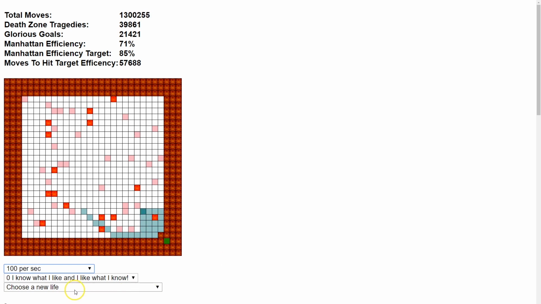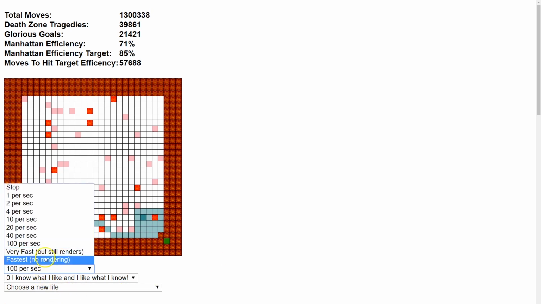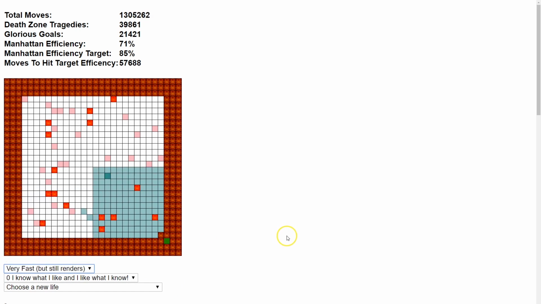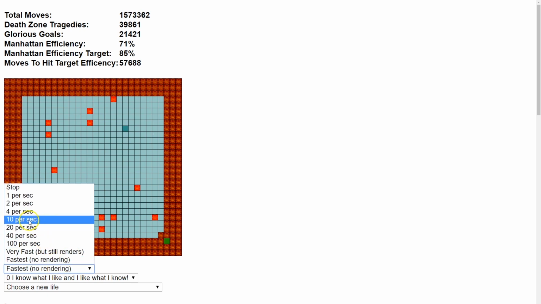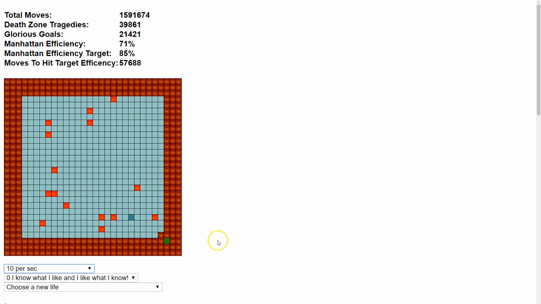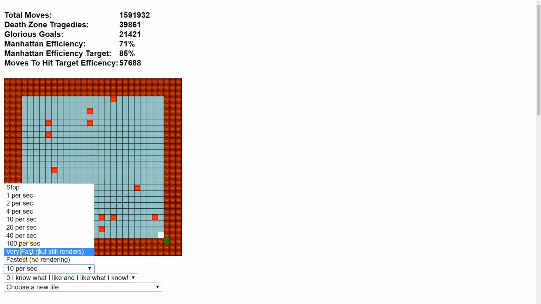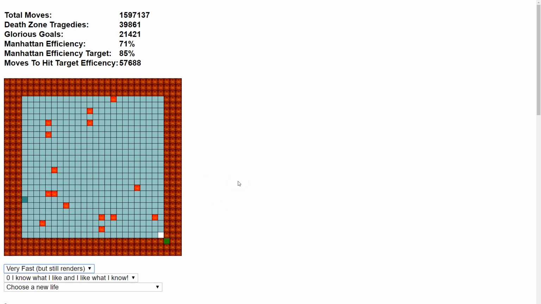Let's see what happens as we speed him up to as fast as he can go while still rendering the journey. He searches and searches for a route through, but of course there isn't one. And if I now remove the unreasonable, irrational death zone, our agent's in his very own hell. There's an open route to the goal, but he can't find it. He's using an exploitation strategy, but his exploitation data is out of date and no use to him.